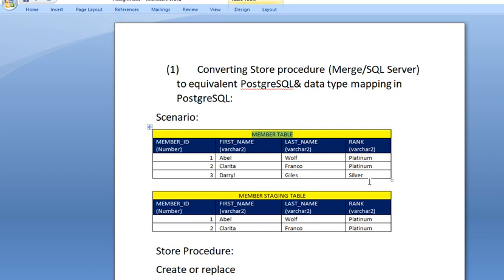Varchar2 is supported in PostgreSQL also, and number may also be supported, but instead of writing number we can give the serial data type, and we can use the integer or smallint data type in PostgreSQL also. So this is the basic concept of this assignment, and I hope you got some idea about how we can migrate the code. I hope you will